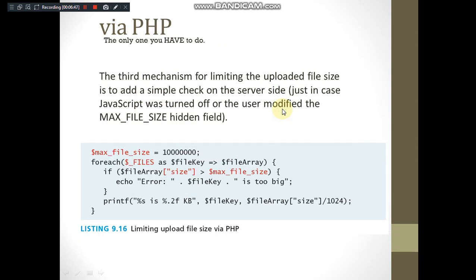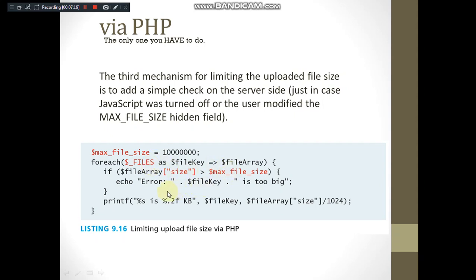Through PHP, the third mechanism is to add a simple check on the server side, just in case JavaScript was turned off or the user has modified the max file size hidden field or something like that happens. Then you can check it on the server side also, where you take a variable to hold the maximum file size, and make use of a foreach loop over the $_FILES array and check whether the size has crossed the maximum file size.